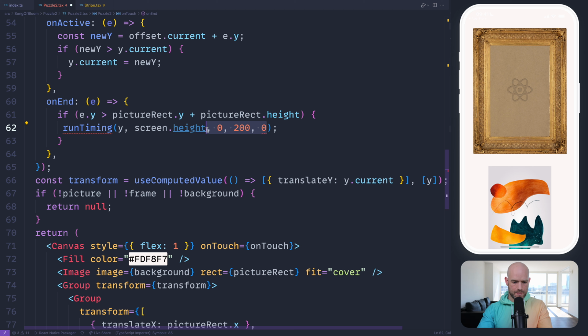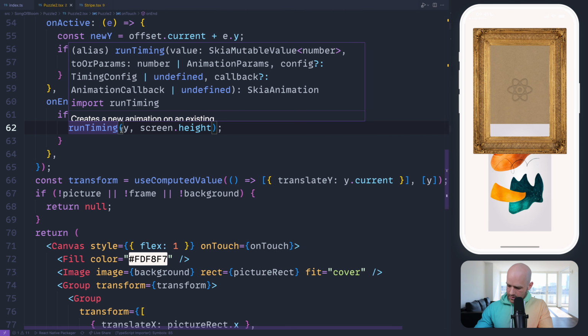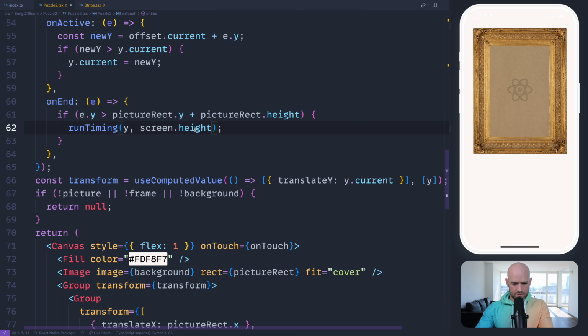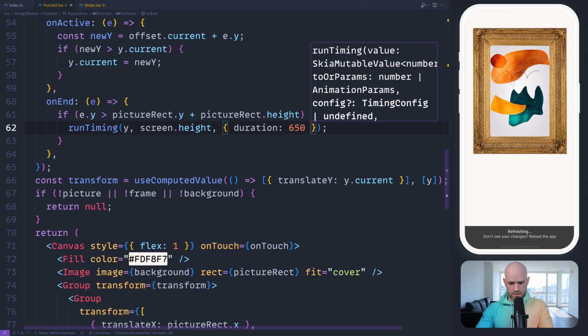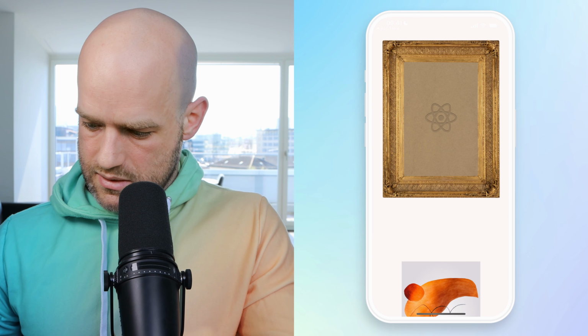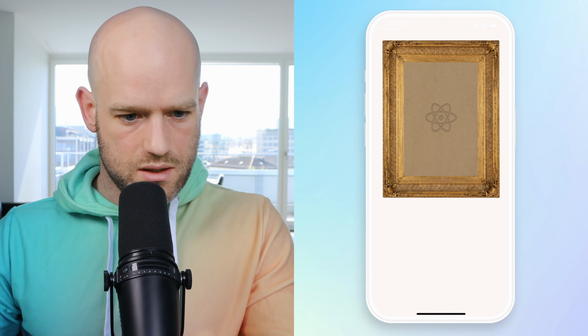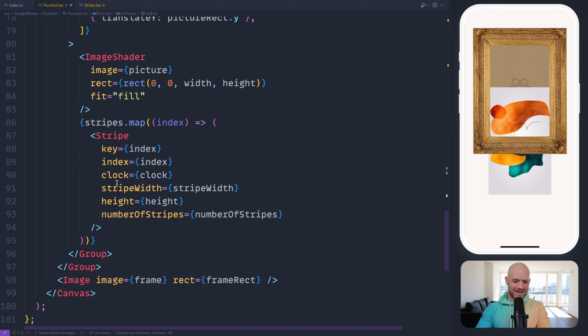Let's see. Yes, and we maybe can make it go faster. Okay. So that looks good. Now, let's do the deformation so it's clear to see what's happening.